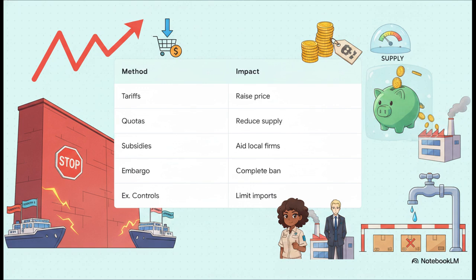Quotas put a physical limit on imports, which reduces supply and artificially drives up prices. Subsidies give financial aid so local firms can undercut foreign competitors on price. Anti-dumping duties step in to penalize that malicious foreign pricing we discussed. Then there's an embargo, which is basically the nuclear option, a complete ban that stops trade entirely with a specific